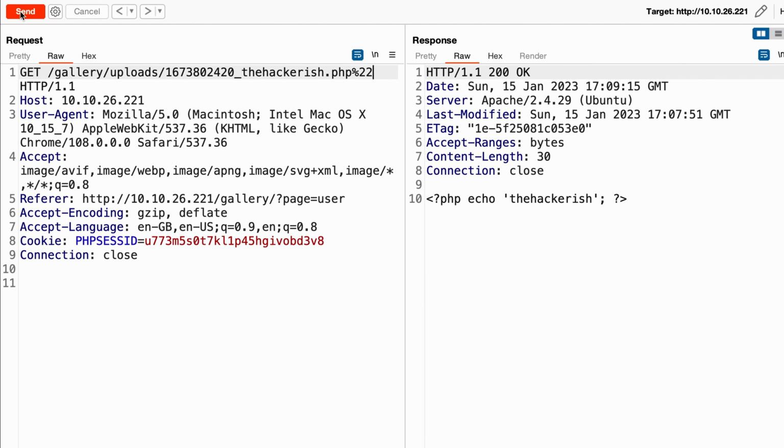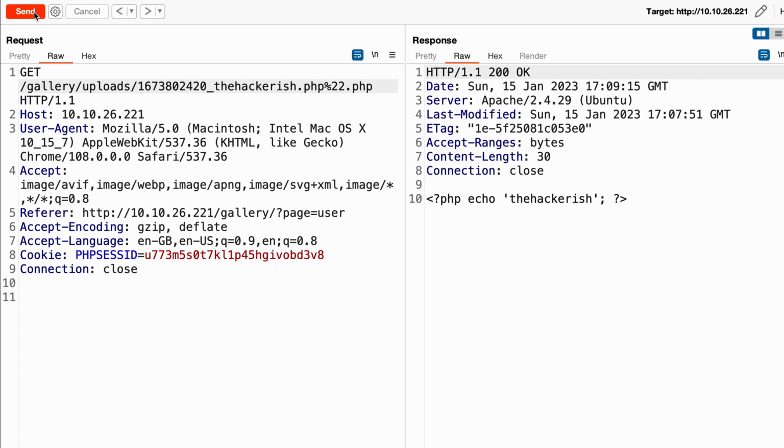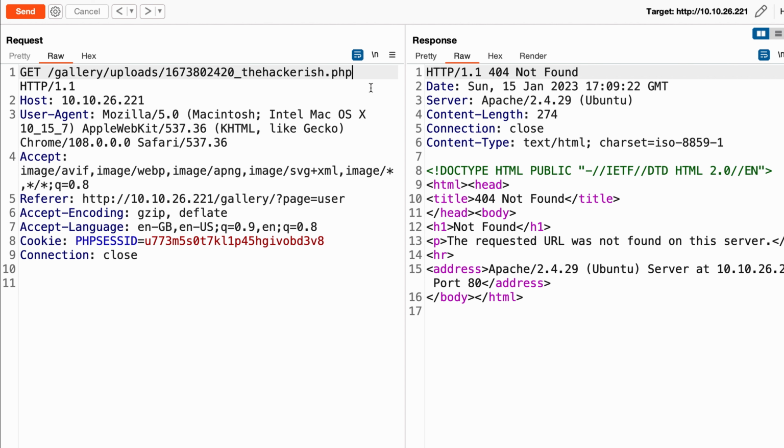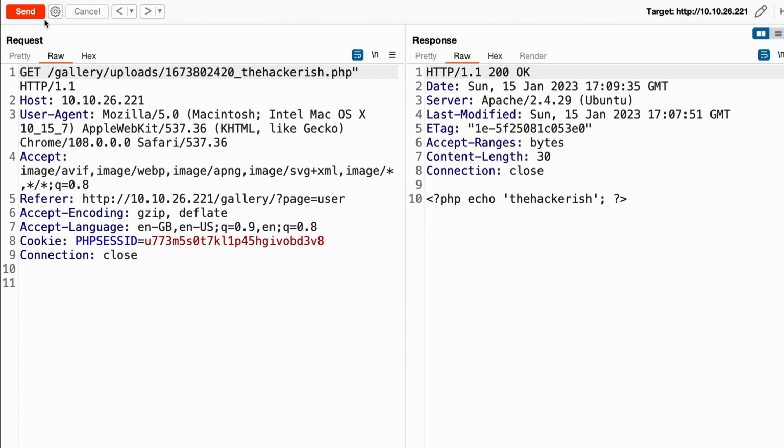Send, and normally we should have, okay, yeah, I need to add .php at the end. And it says not found. Okay, if we try just this one, not found. Yeah, so the file has been uploaded apparently, but there has been some modification of our input